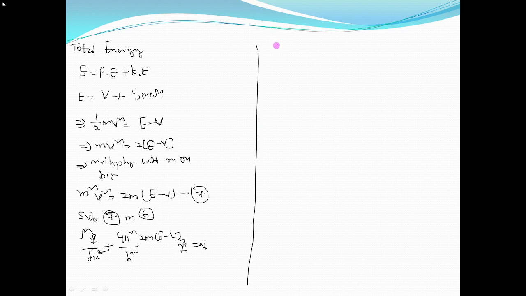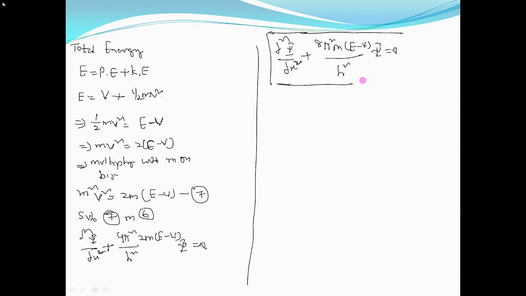So I can write this equation as ∂²ψ/∂x² + 8π²m(E − V)/h² ψ = 0. So this is one form of Schrodinger time independent wave equation. Here there is no time term, t is not there. So psi is a function of position and time, but here time is missing. So this is called the Schrodinger time independent wave equation, or we can write it as ∂²ψ/∂x²